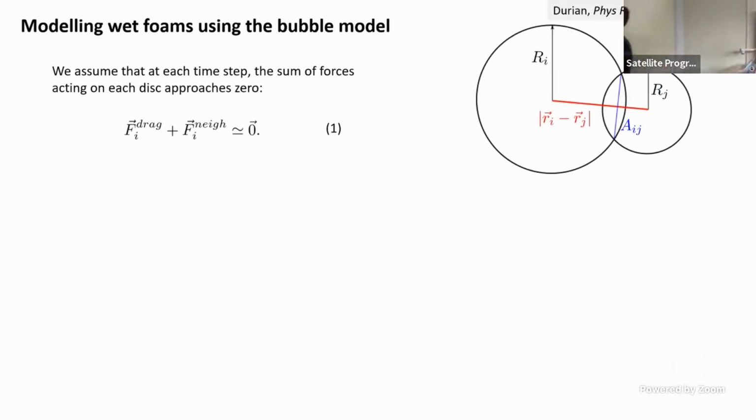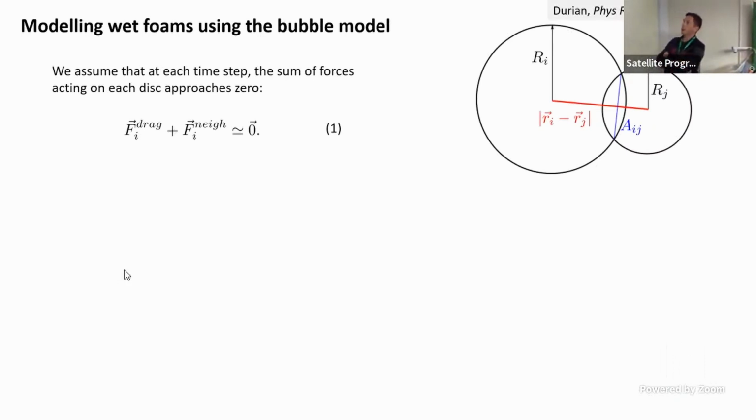So gas will diffuse from one bubble to the other. And the direction of diffusion depends on the pressure in each bubble. So a bubble with a smaller number of neighbours tends to have higher pressure. And so what you tend to see is that a small bubble in this coarsening process will get smaller, and a large bubble will get larger. And so the rate of change of volume